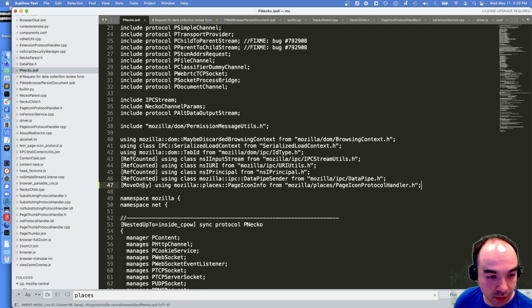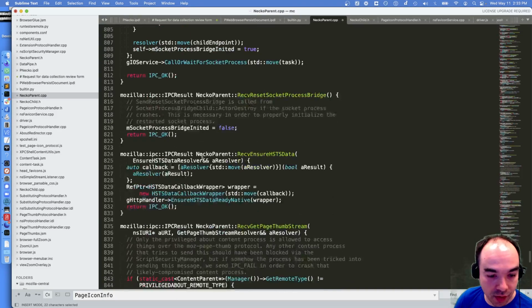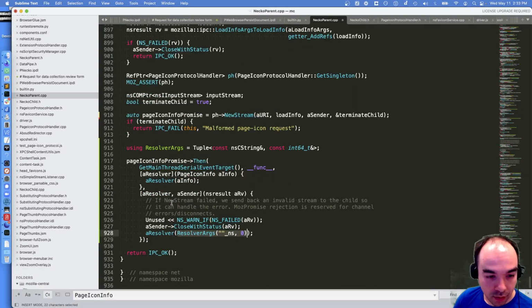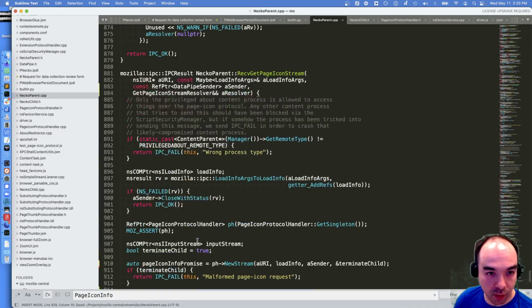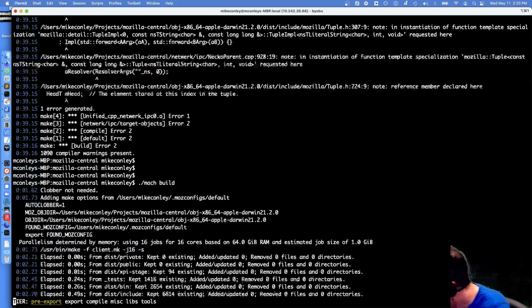Places page icon protocol handler. Page icon info. Okay, so then over here in Neko parent, instead of resolving with what we had, we're going to resolve with some info, or we're going to resolve with nothing. I think that'll work. All right, let's find out, and then I'm going to end the stream.